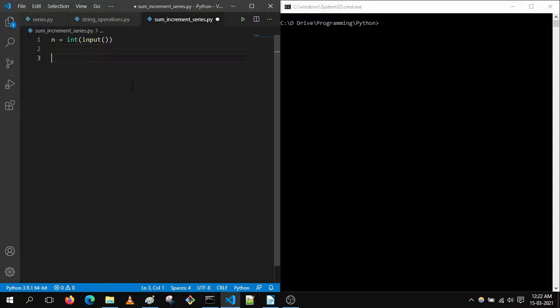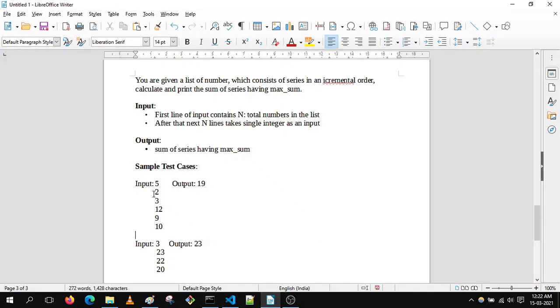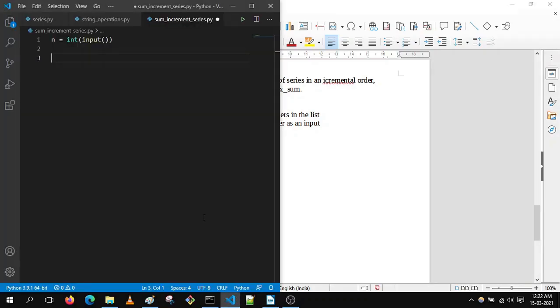One thing I need to mention is that all the list elements are newline separated and not in row manner, so we need to take care of that.